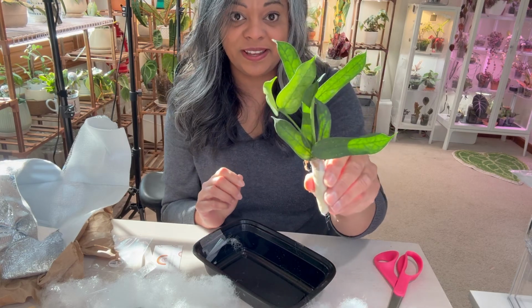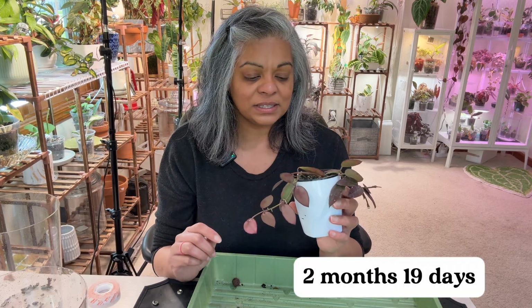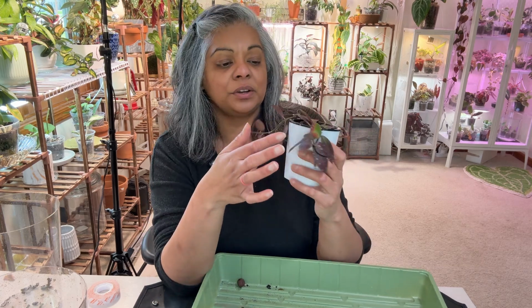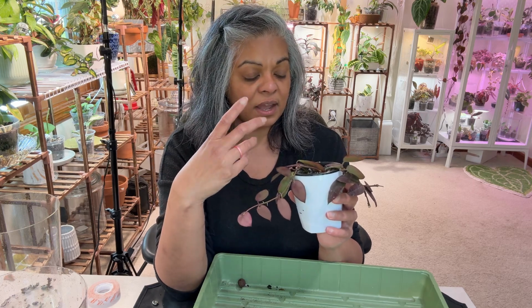Ooh, I'm so excited. Okay, so here we have the Hoya Williniana after how many days? I don't know, but I'll put it at the bottom. It is not really doing well. It actually grew a few leaves and then fell off. And then it